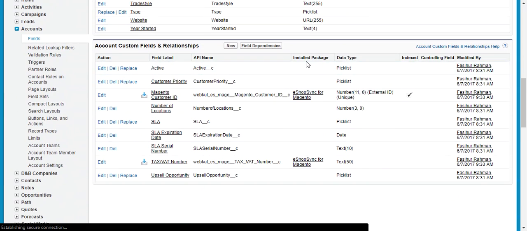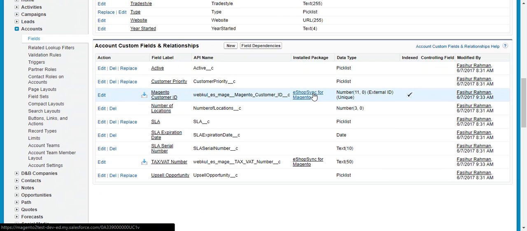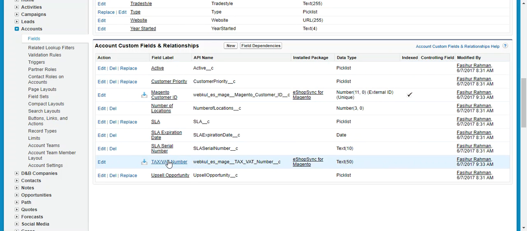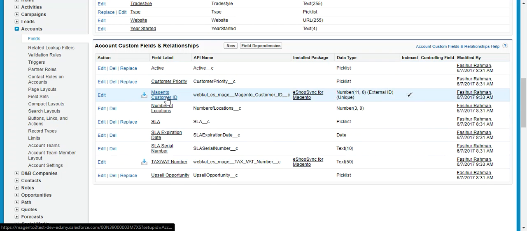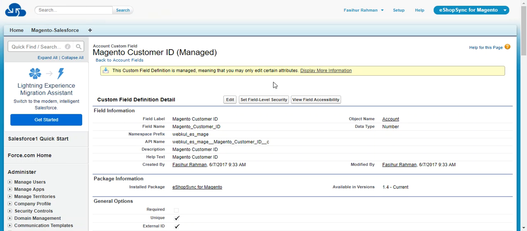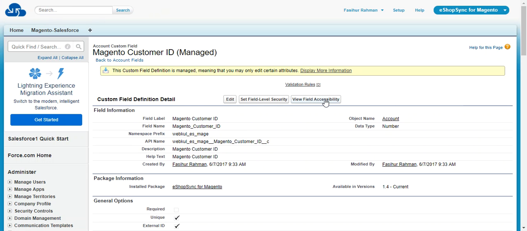Over here in the installed package, you will notice that the eShop Sync for Magento has a Magento customer ID and a tax VAT number. These are the two fields available on this account object. So click on Magento customer ID, and you need to update its accessibility. So click on view field accessibility, and